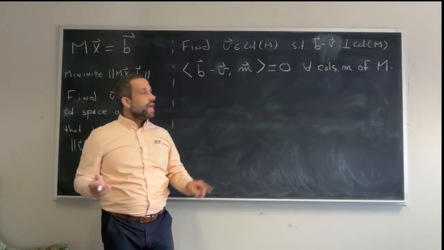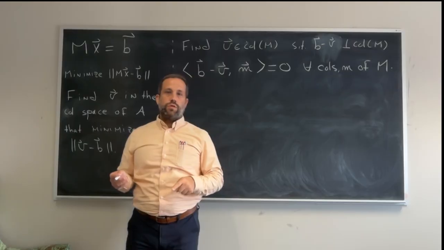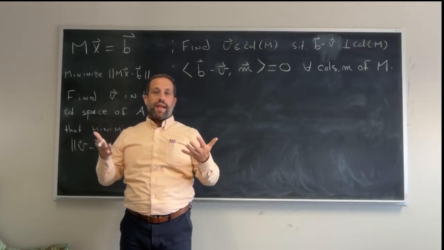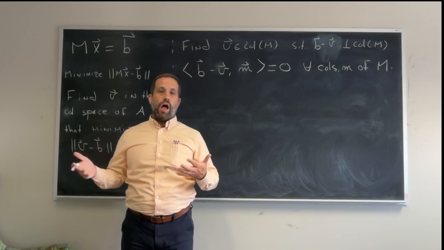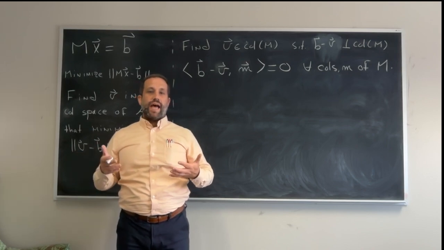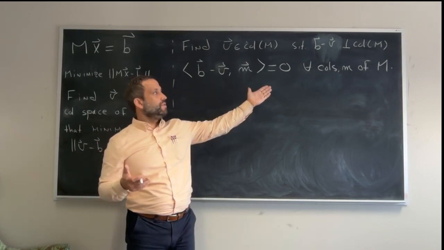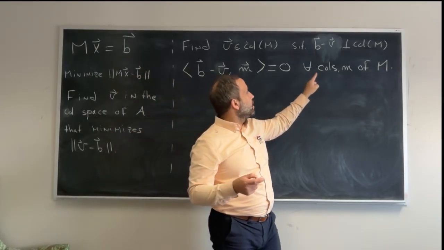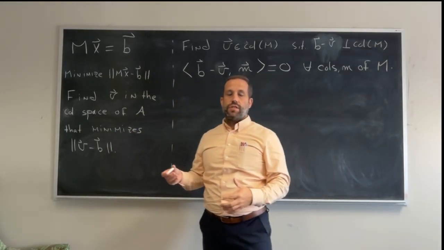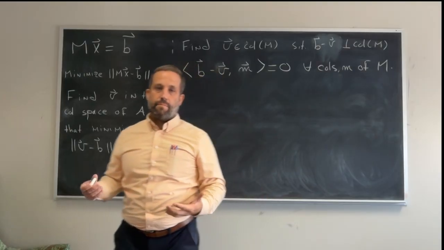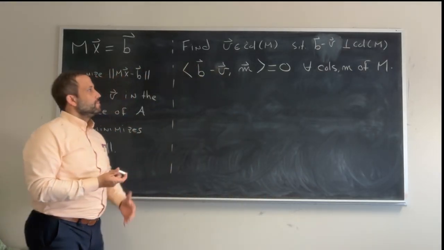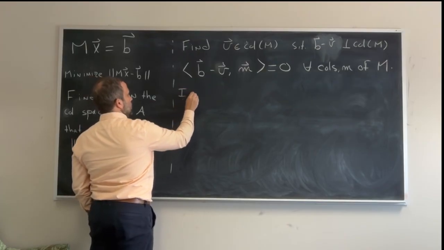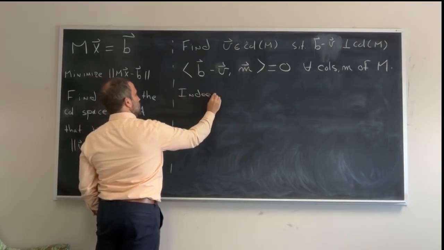On the other hand, if we know all of these inner products are equal to 0, then since any vector in the column space of M can be written as a linear combination of the columns of M, this is true not just for all columns of M but for all vectors in the column space of M, by linearity. Let me explain that briefly. Indeed,